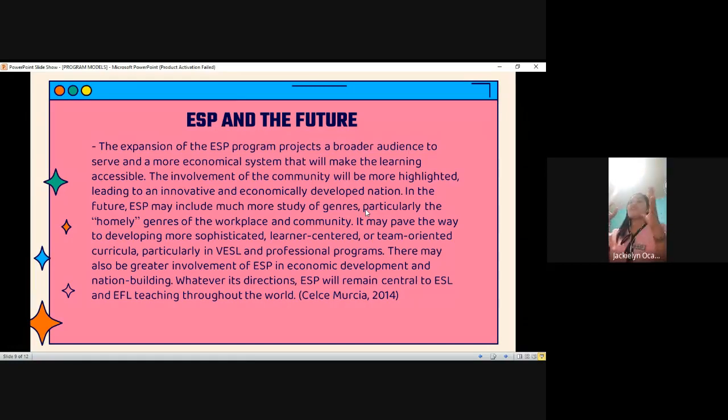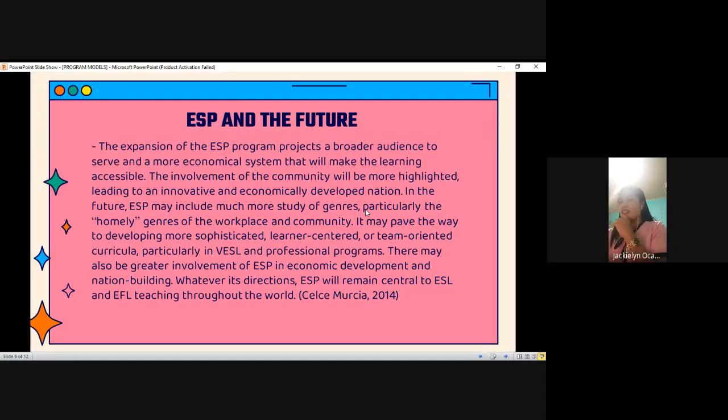Okay, in these program models, we encounter how it works for different types of learner, to expand your knowledge about different ESL teaching situations that you may encounter in the future. Do you have a question?